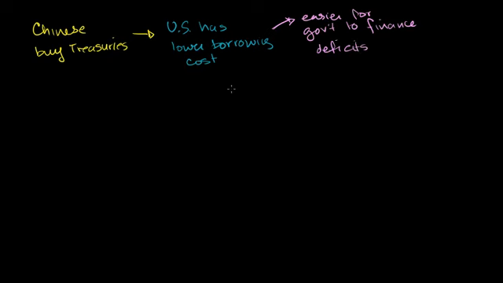They can give out more payments to U.S. citizens, or they could lower taxes. Either one, both of those would lead to deficits. So it's easier for the government to spend more, or they don't have to raise taxes, or they could lower taxes because they don't have to spend as much in interest. Now, the other interesting thing is that the U.S. Treasury borrowing costs go down,